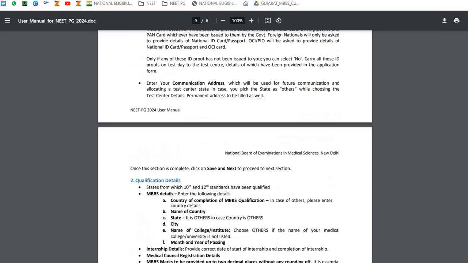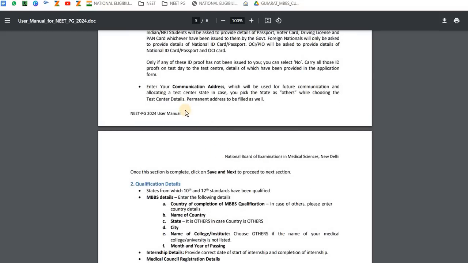Then you enter the communication address. In case the test center you want to select in the particular state is filled up, then based on your communication address, they will select the nearest possible test center. In the communication address, both the present address and permanent address will be asked to fill. You can enter both as the same, okay. And in case your city option is not available, then you can select state as others, so that they can select the nearest one from your communication address. And then you can enter